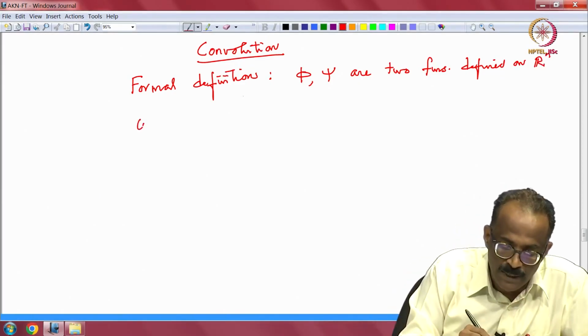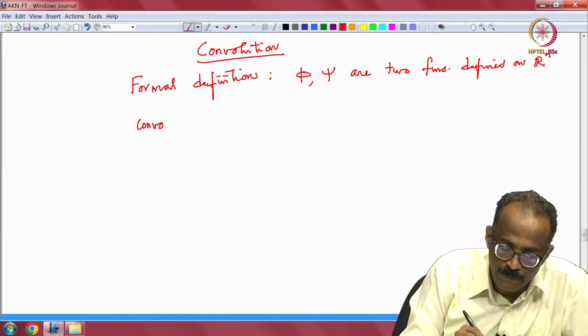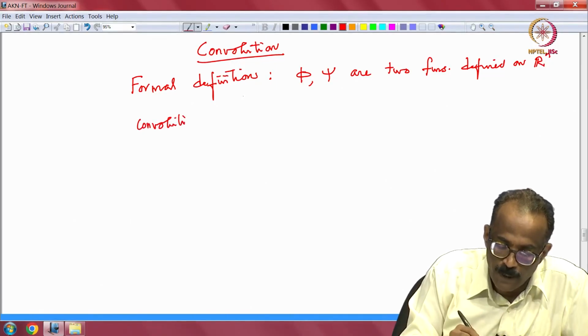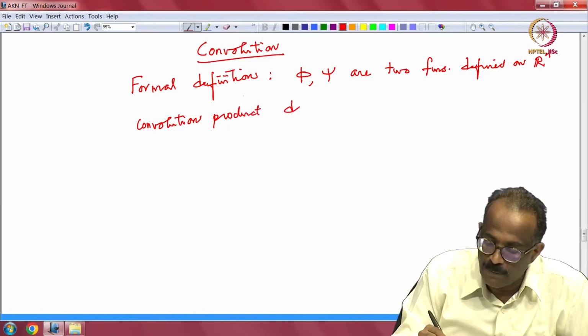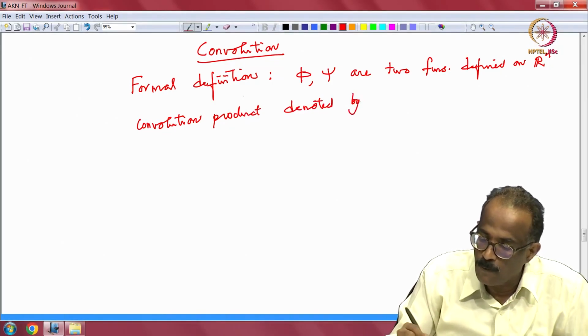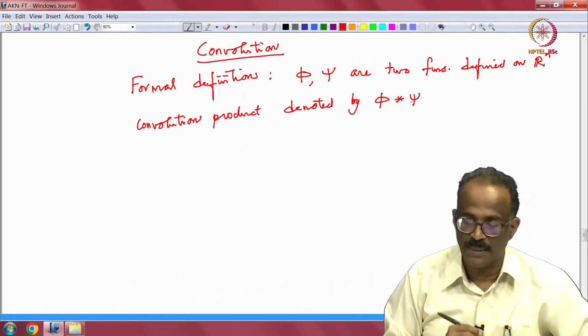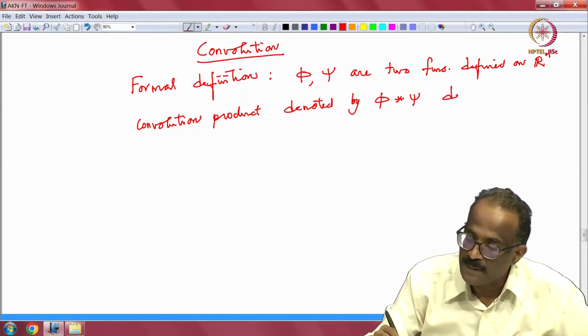So the convolution product is denoted by phi star psi. So that is the notation, defined as